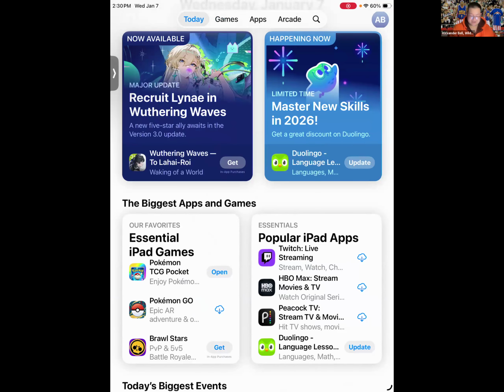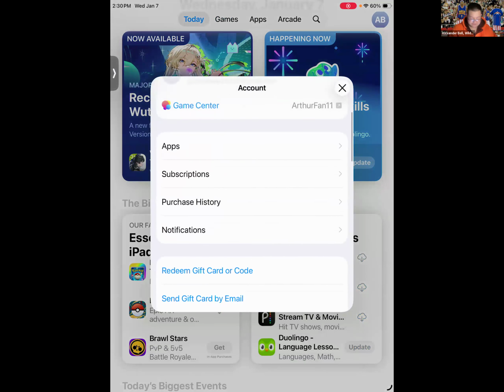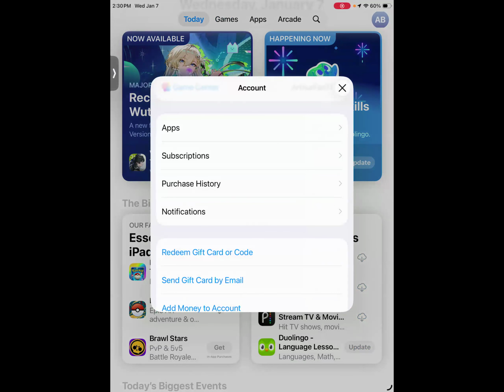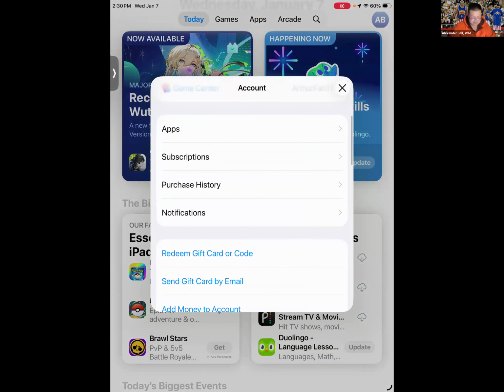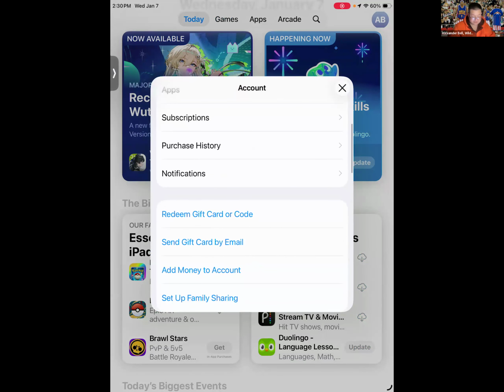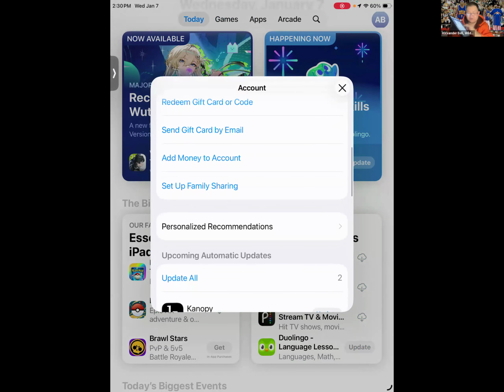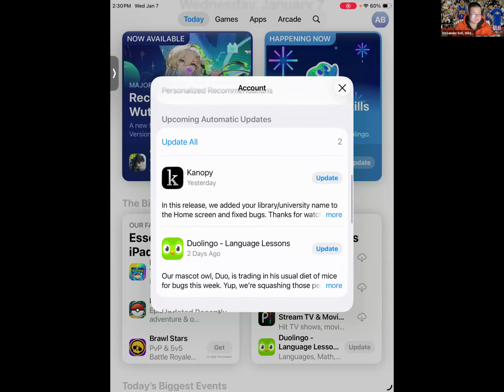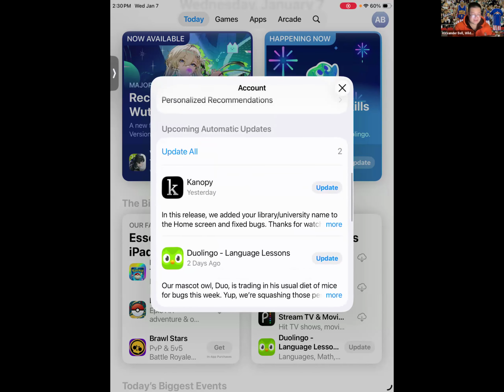When you tap at the top right, you will see your account information. You can see what apps you have, maybe if you got your Netflix subscription through the App Store, you'll see that. Any notifications, and there's some other features here, but look what happens when I scroll up. Again, I'm using my finger and I'm scrolling up. It says I have 2 apps with upcoming automatic updates. So these will update automatically, but I can just hit update all, and that way I can physically update my